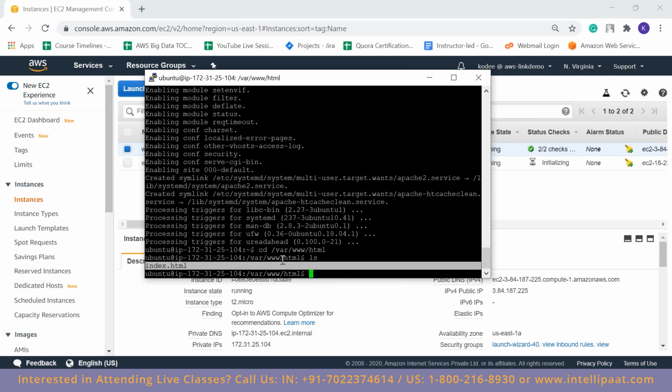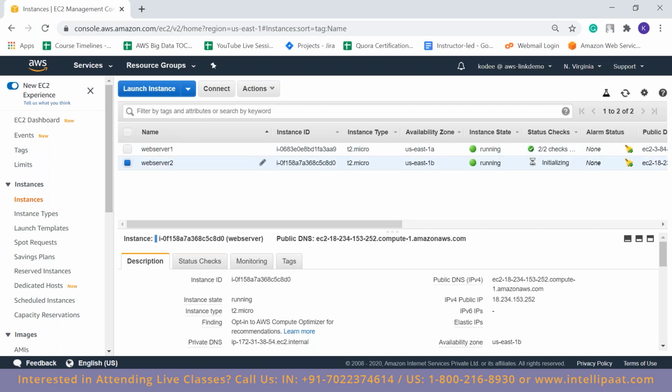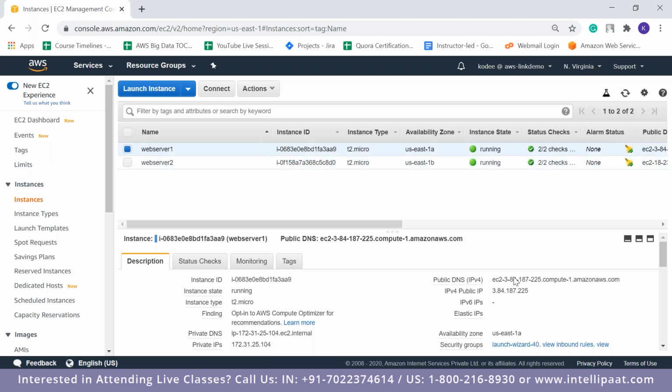Inside this you can see the code for the default page. Right now I'll just copy the IP address of the first one. I'll just change the name a little bit. I'll name it web server 1 and web server 2. Okay, so I copied the IP address of web server 1, in which there is a web server currently running.